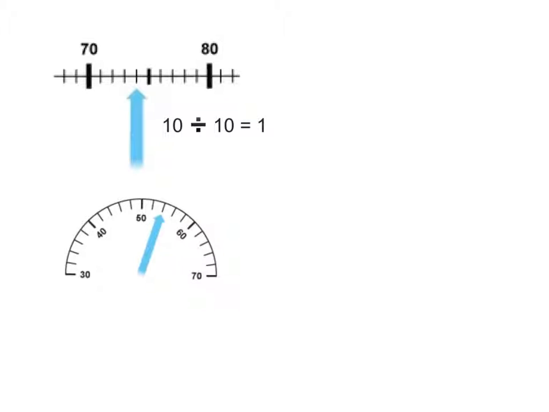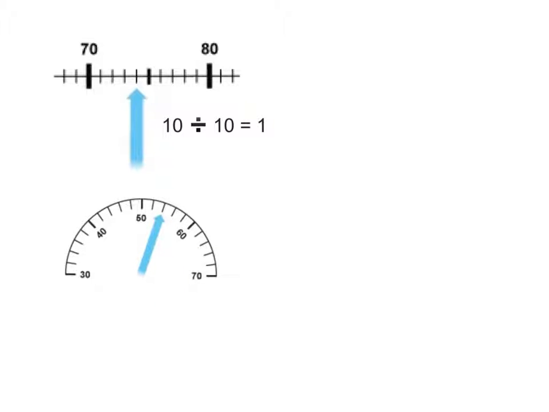How do we know? Because we can keep going on round until the next number. 50, 51, 52, 53, 54, 55. But this is 60. So how do we work out this scale? Again, we need to find the difference between these two numbers, 50 and 60. So from 50 up to 60 is a jump of 10, and it goes up in 1, 2, 3, 4,